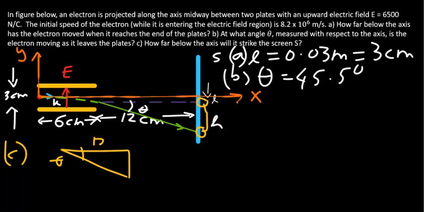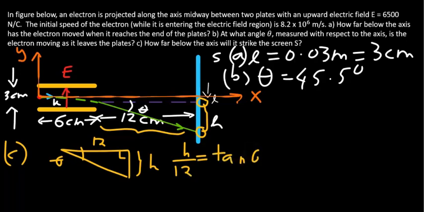This distance here is 12 cm, that is this entire distance, and this is h. So again, from trigonometry we can get your h. H over 12 equals tangent theta. Theta is that number, so you can determine your h. H is 12 times tangent theta, which turns out to be